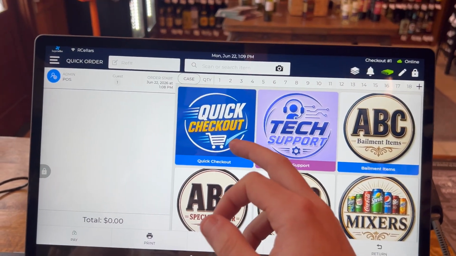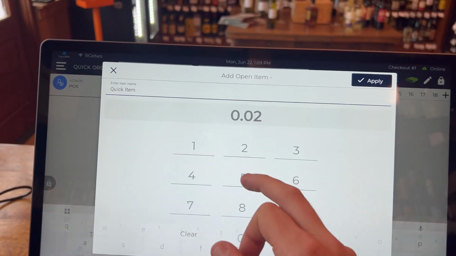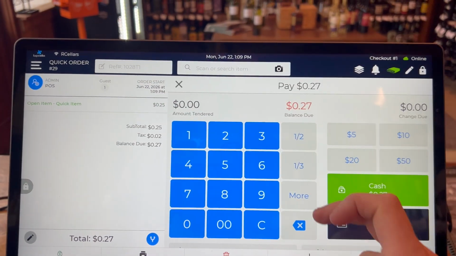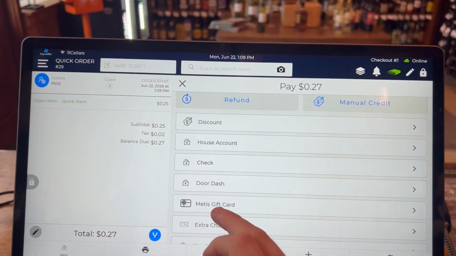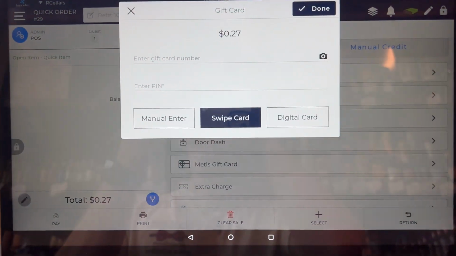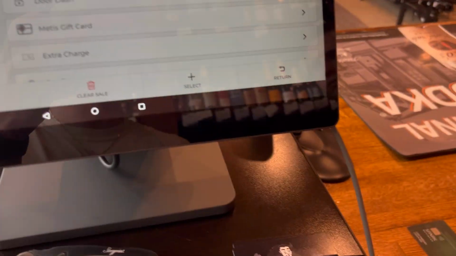So to redeem it, just pretend they're buying their item, right? They're buying their item. We're gonna hit pay. Scroll down to Metis gift card. I'm gonna hit yes. So this is a digital card, and their customers should have gotten a text that looks